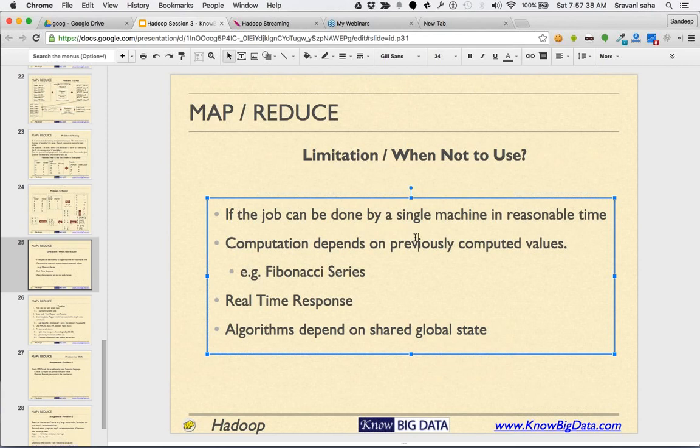When the computation depends on previously computed values, it doesn't make sense to use MapReduce. Okay? Specifically, look at cases like the Fibonacci series. In the Fibonacci series, a particular value is equal to the summation of the previous two values. So we cannot compute a series like Fibonacci this way, because in the Fibonacci series you are depending on other Fibonacci executions. All right. So Fibonacci cannot be divided up. But